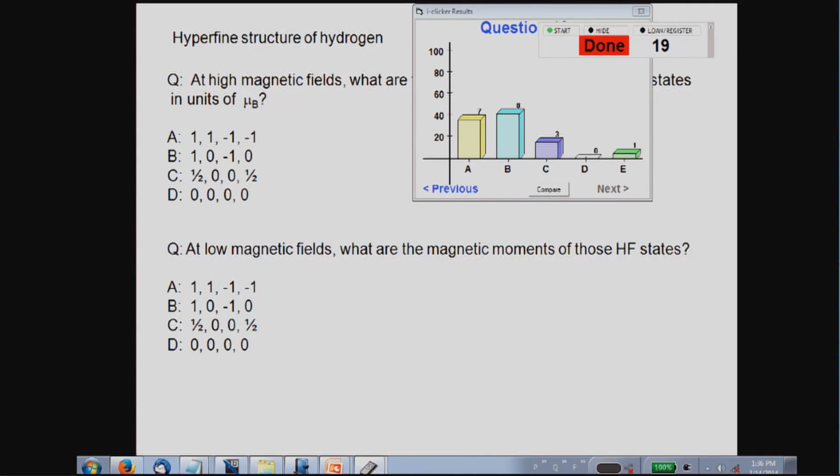What happens at high magnetic fields? Remember, at high magnetic fields, this is actually the simpler case. Often you think the low magnetic field is simpler because it connects more with the isolated atom, but you should take away the message that high magnetic fields are simple, because in high magnetic field, each spin couples to the magnetic field by itself, because the coupling to the strong magnetic field, that's the definition of a strong magnetic field, is stronger than the coupling of the 2 spins with each other.